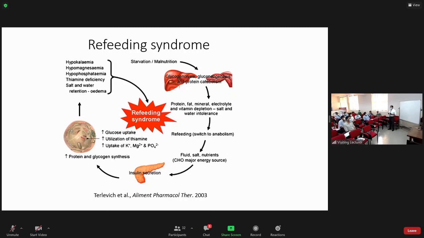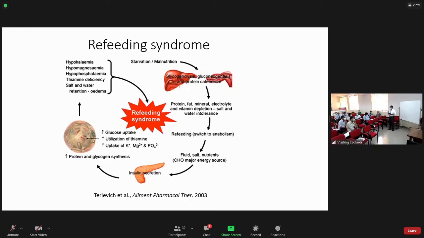Once you start feeding, this pump will start to work. So the sodium which was inside the cell comes out of the cell to the intravascular compartment, right? So with sodium, fluid retention occurs. That causes hypervolemia and heart failure. That is one mechanism. And potassium, there is a depletion. Potassium will be taken up into the cell. So as a result, hypokalemia occurs, and phosphate will be more utilized for ATP and that mechanism.